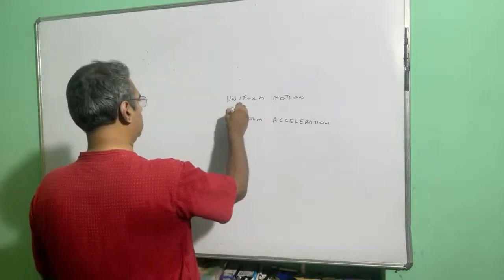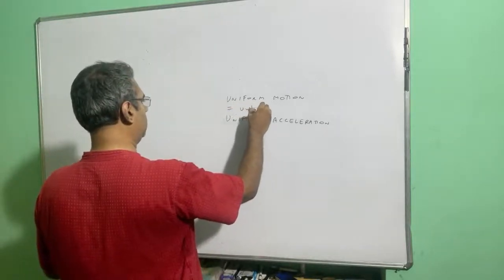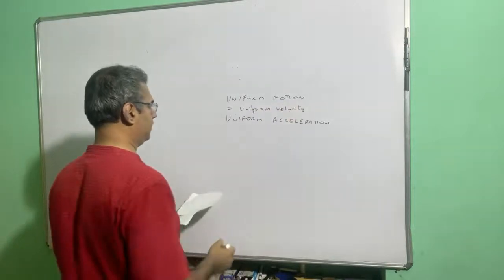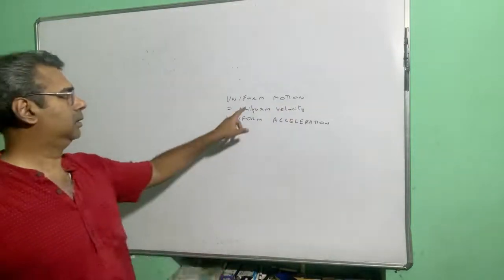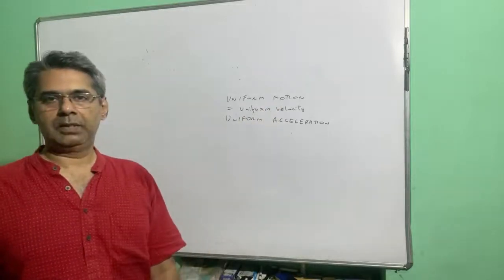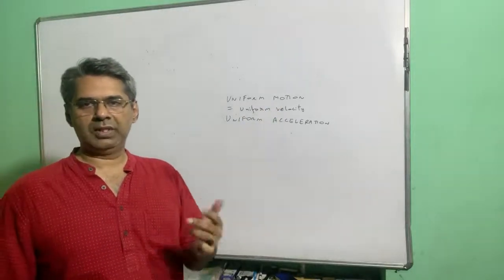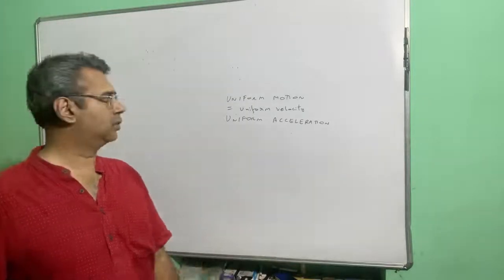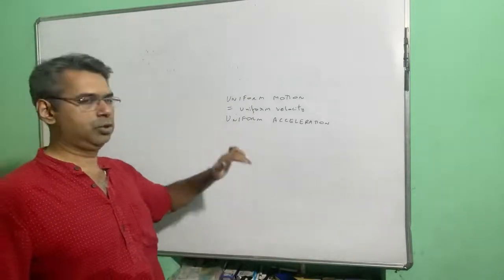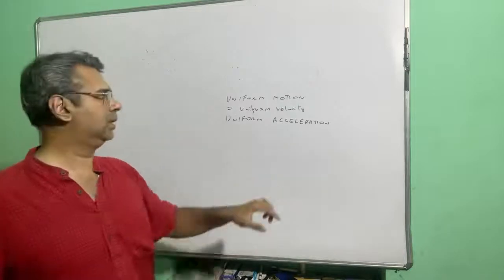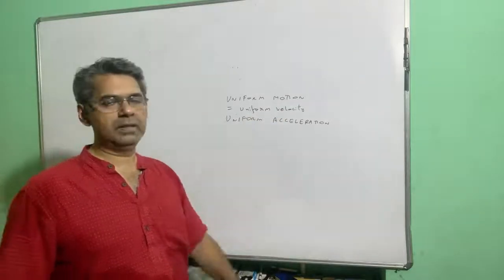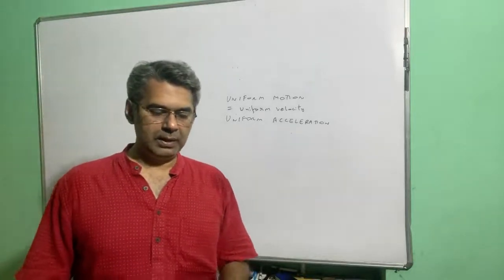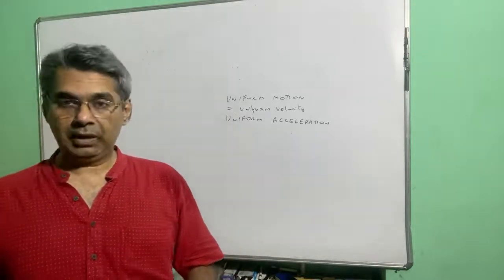Now uniform motion literally means uniform velocity. If you say that the motion is uniform, that means the velocity is uniform. Uniform motion essentially means uniform velocity, and of course uniform acceleration. So there are two types of motion broadly speaking in this whole chapter. It's either uniform velocity or it is uniform acceleration, right? So if it is uniform velocity,